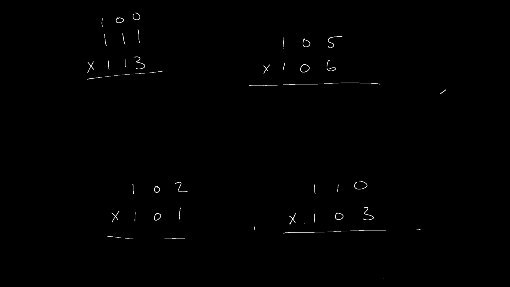111 times 113. So this is going to be plus 11, and this is going to be plus 13. For our left-hand side, remember we simply cross add, either 113 plus 11 or 111 plus 13. Either way we get the same answer. That'll be 124. 11 times 13 for the right-hand side